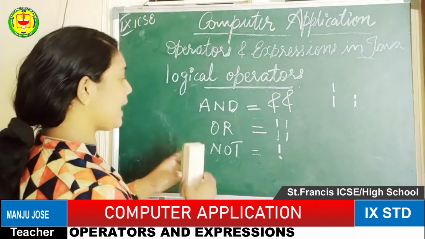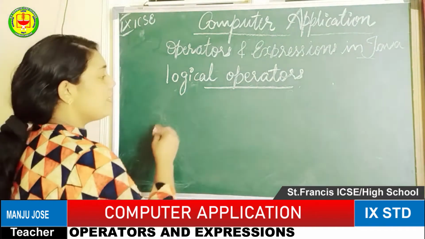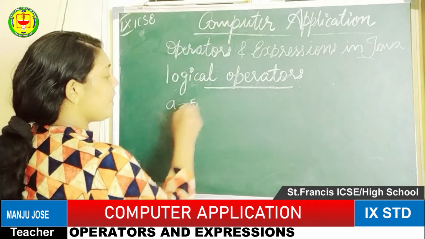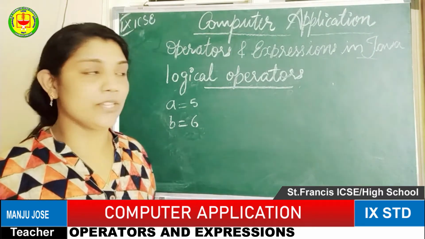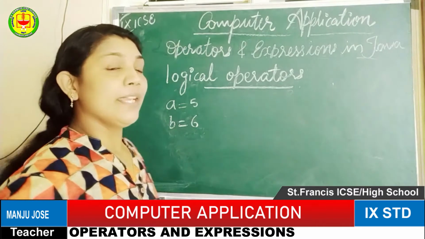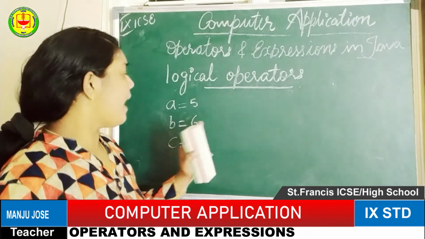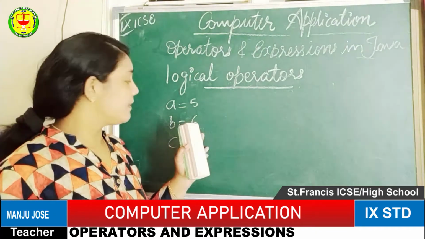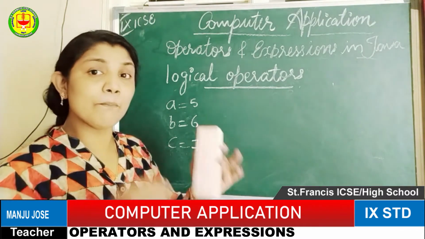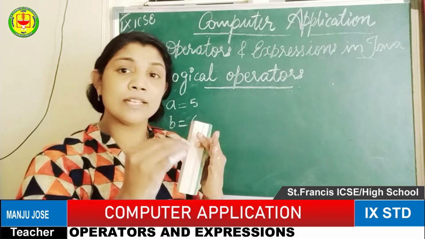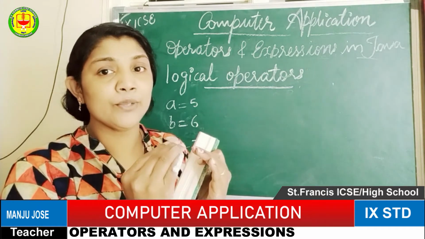Now, an example of how to give the Java statement. I have given the value a equal to 5 and b equal to 6. Here I am going to give conditions. Two conditions I have to give: if a greater than b, and one more variable, if a greater than b and b greater than c and c greater than a. If you want to apply different conditions like that, that means more than one term will be there in the given calculation or expression. To join more than one term, we use the logical operators.